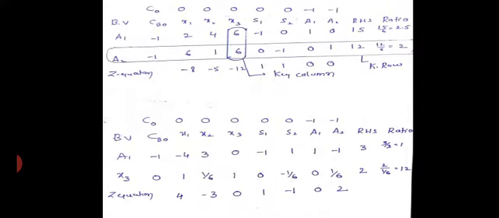Now similarly, already you are familiar with this. Once you have calculated the Z equation, it is going to be helpful for selecting your key column. So here, if anything in the Z equation has positive values, we need to stop here. Since in our Z equation some of the variables contain negative values, we need to go further. How to find out your key column and key row now?